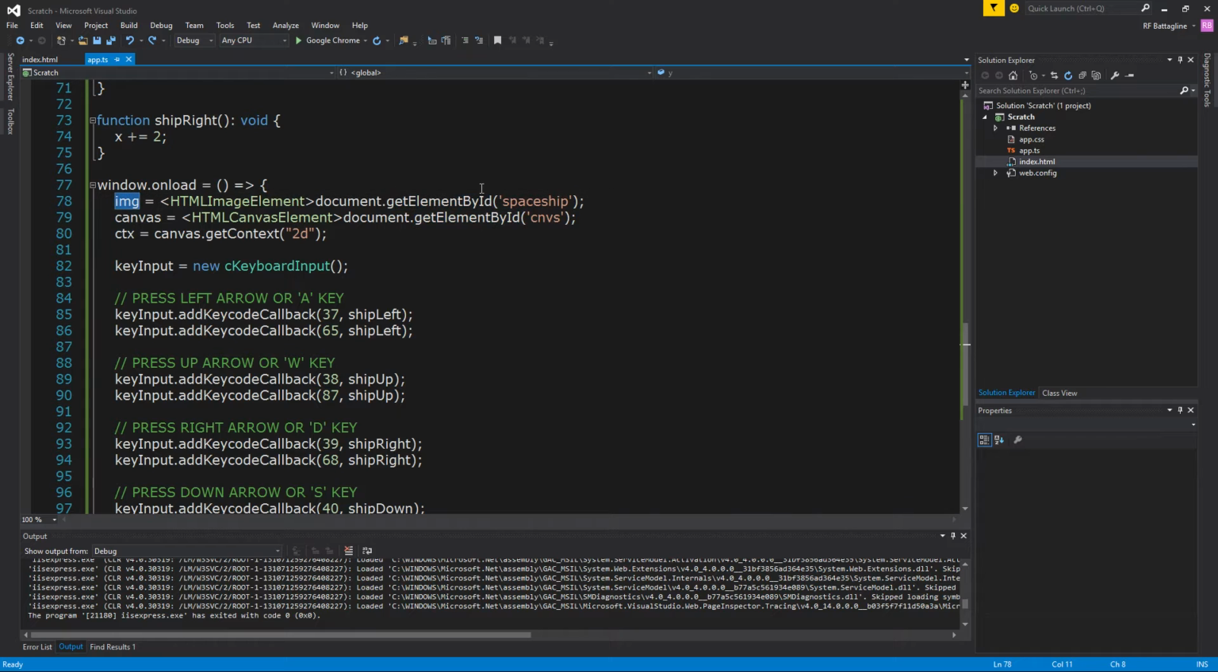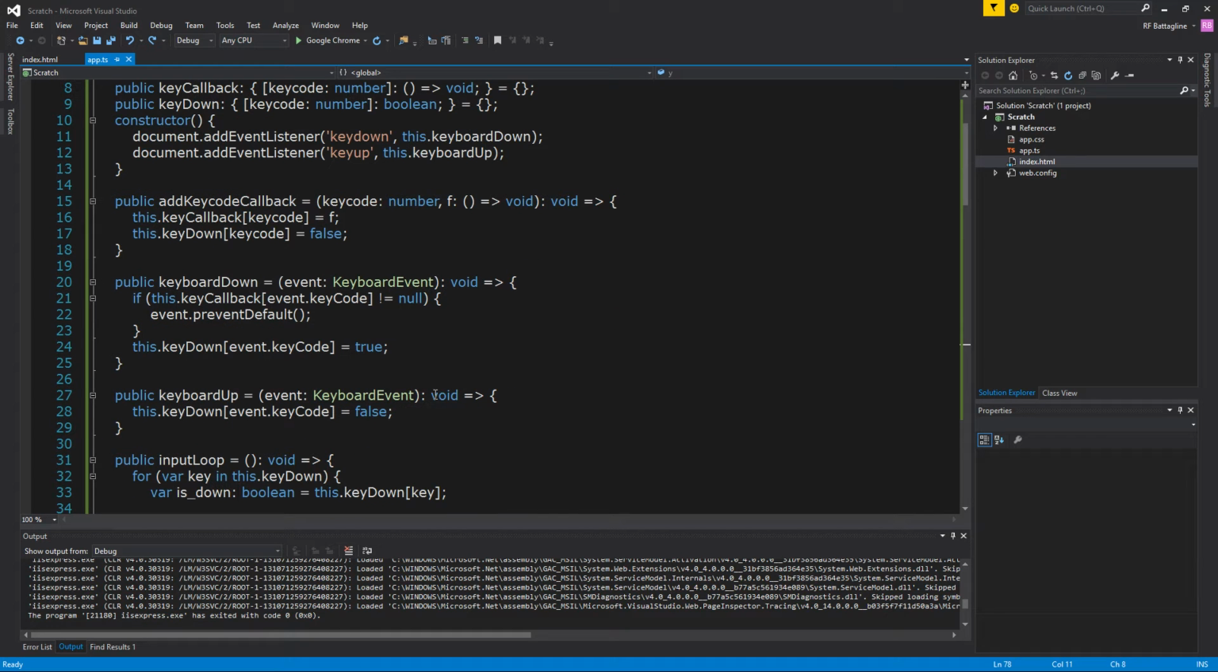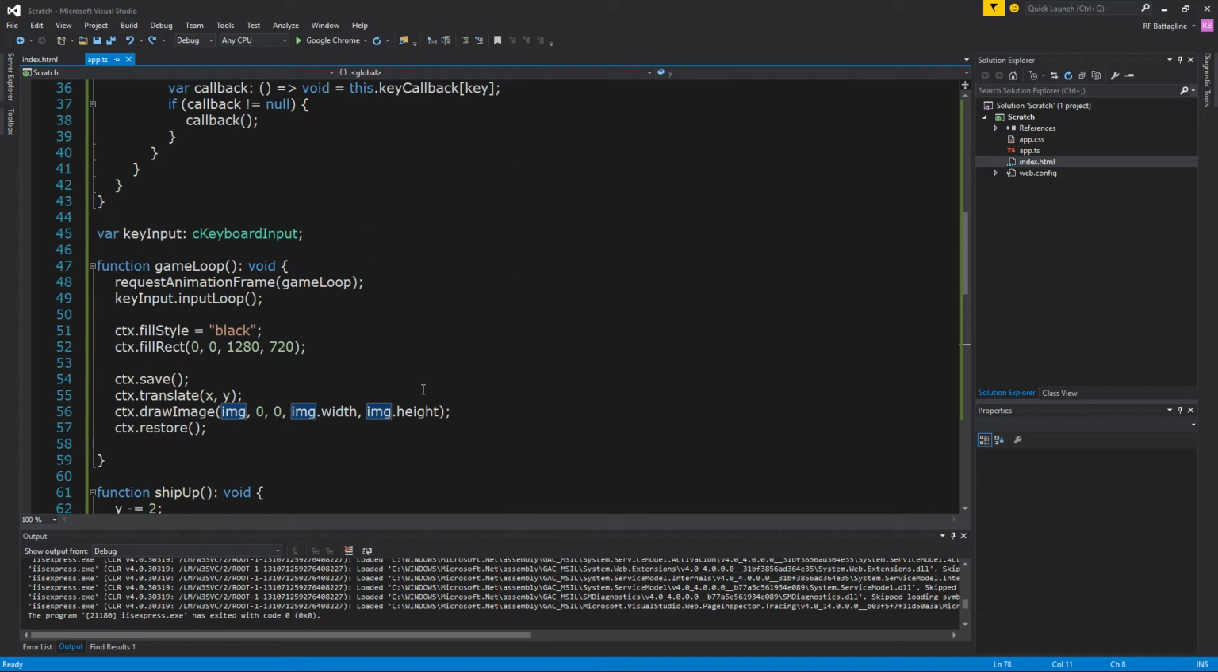So we grabbed this image out of the DOM with getElementById, and then later on we take that image and render it to the canvas in the game loop. That just used a drawImage. And if you remember, I said this part here, the offset and the widths,